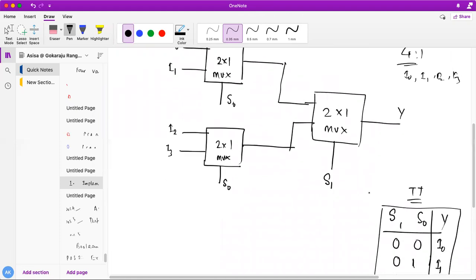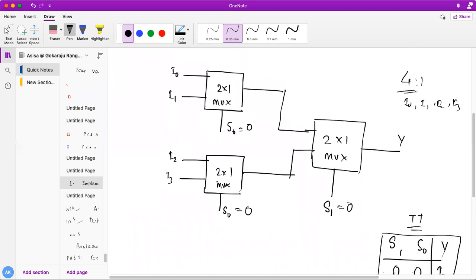So see what I have done, 0 0. S1 is 0, S0 is also 0. If S1 S0 is 0 0, what input will be selected at the output? Obviously I0 will go here. Similarly, with S0 being 0, I2 will go over here.